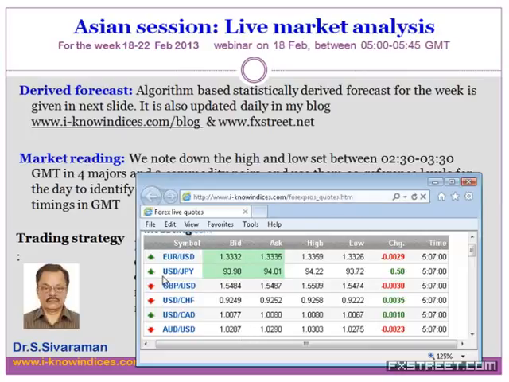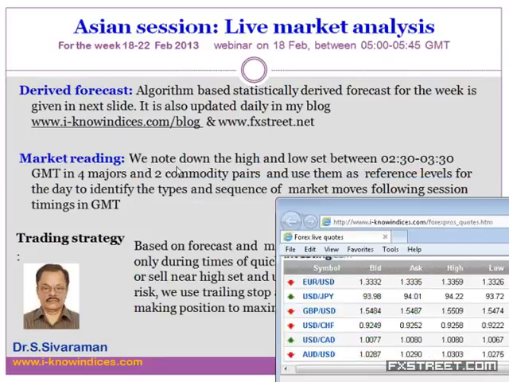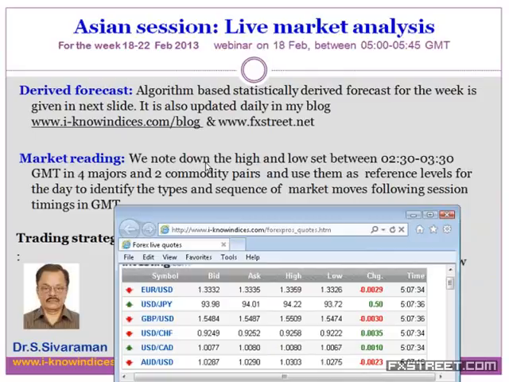So now this is what you are able to perceive in the live market quote page. Now how to proceed in understanding my market reading technique. First of all, I'll explain to you the market reading technique, then come to that of the expected market moves. Market reading is simple, and we try to track the players who are responsible for making the big moves in the market, and we try to understand what they intend to do by following their methodology of